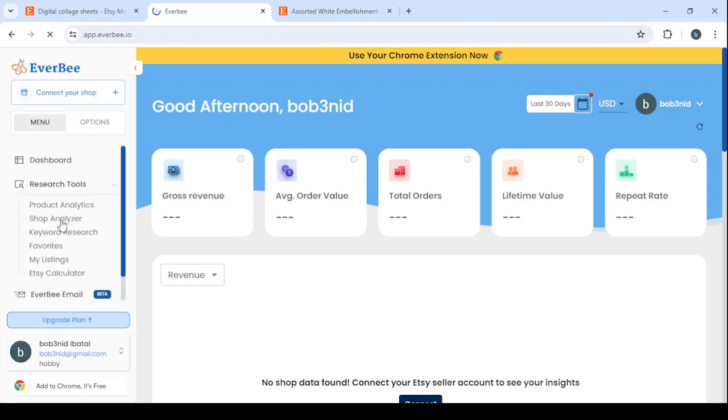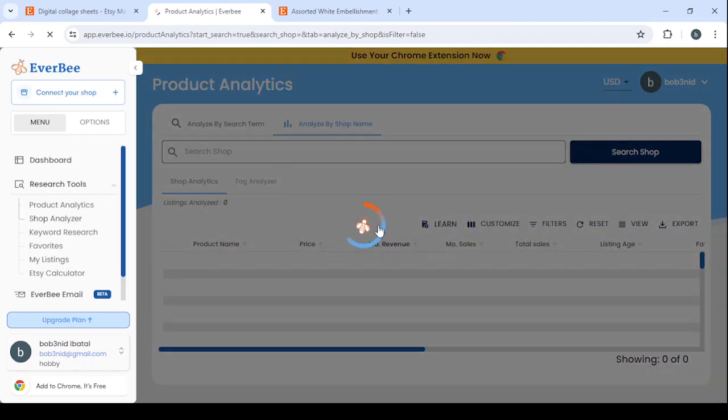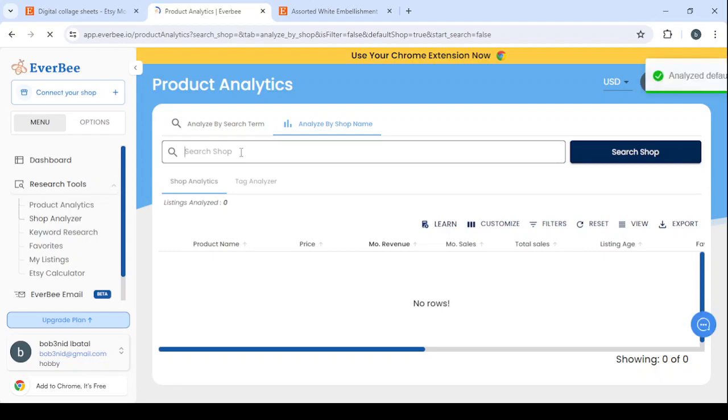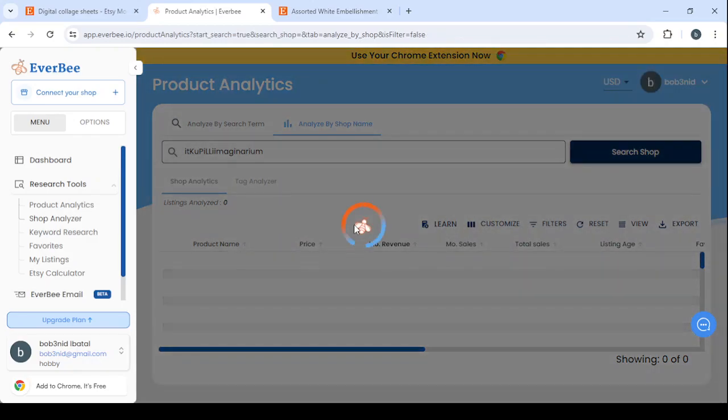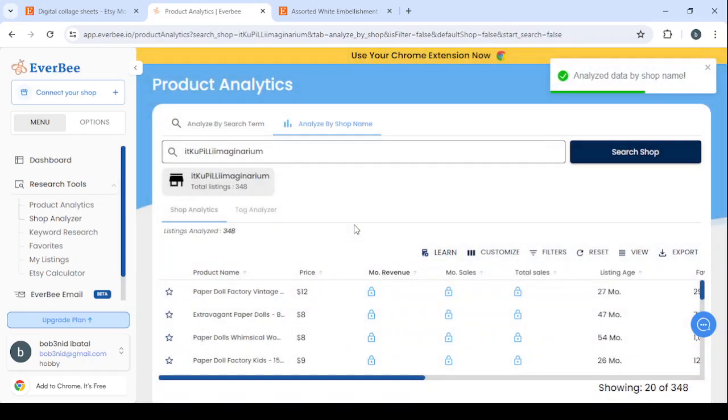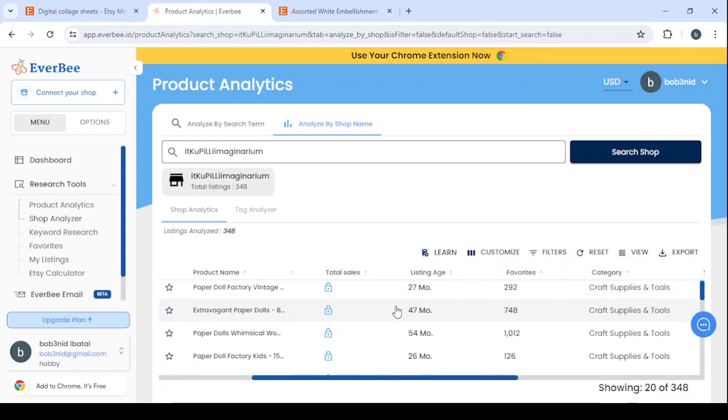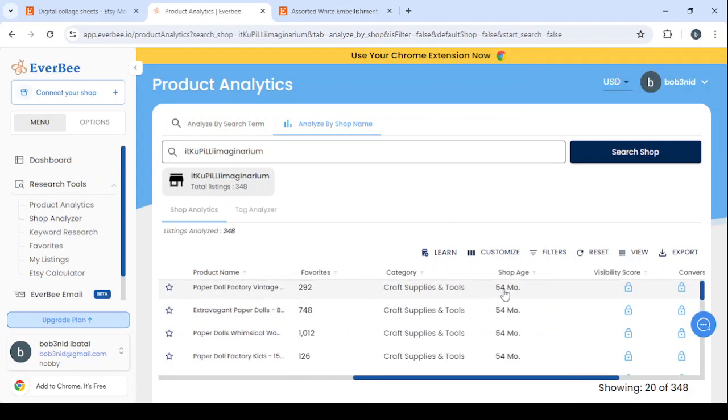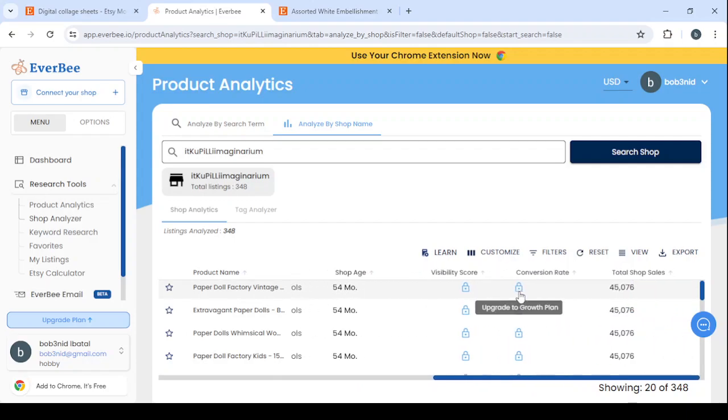Let's just wait for it to load here. Let's go to the shop analyzer. Here give it a few seconds to load again, and let's go to the shop analyzer. Here let's type the name of the shop and let's click on search shop to see their total sales and from when they started, the time that they started this shop in, and their total sales on the shop, and also the products that they have and how many sales that they are making per month with every product. So here let's go to the left or the right. Here you will see the shop's age is 54 months, and if we go to the total shop sales,